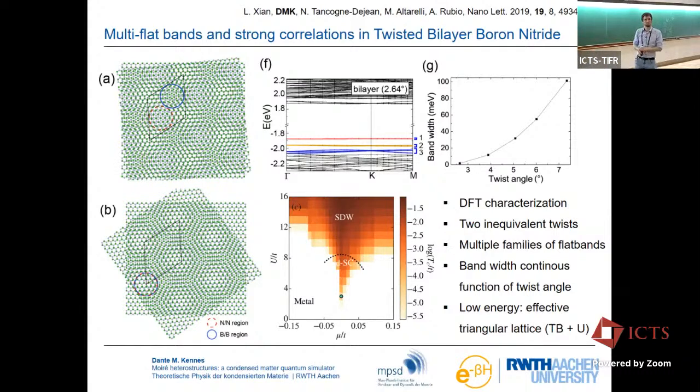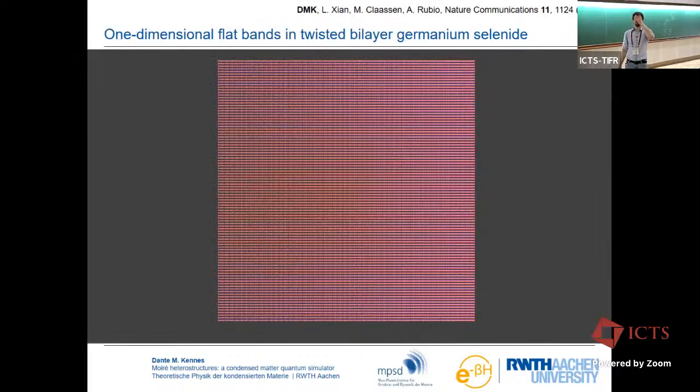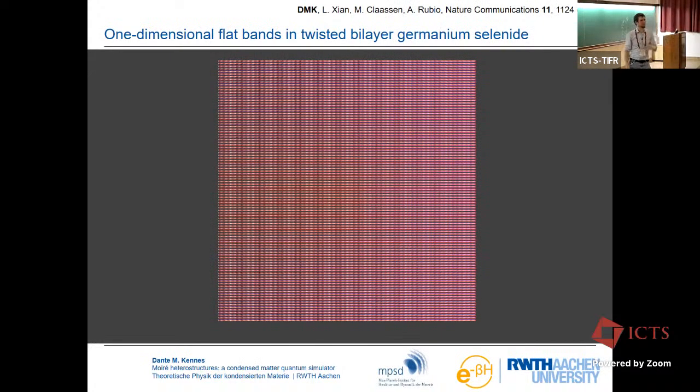What was the twist angle for the WSe2? That is around 4 degrees, 3.89, I want to say, but the paper is, I think, not on arXiv. I can tell you the number, but it's around 4 degrees. It's a very good question because that really depends. That determines a lot of the physics. So when we say moderate U over T, a different twist angle might be in the very strong U over T or whatever. We don't know.